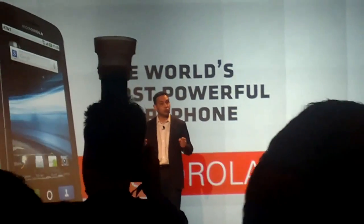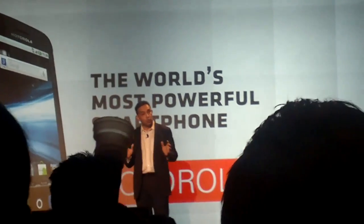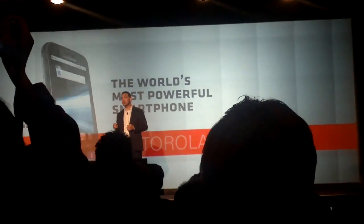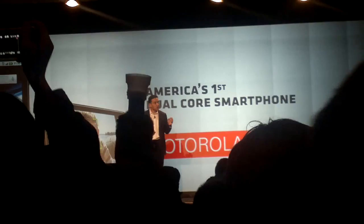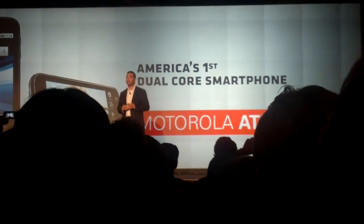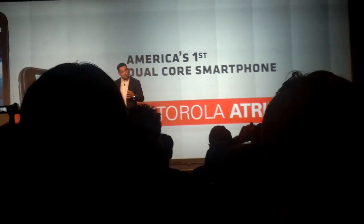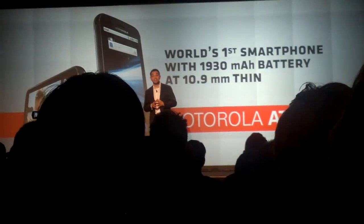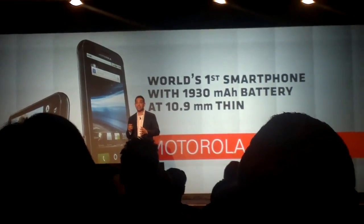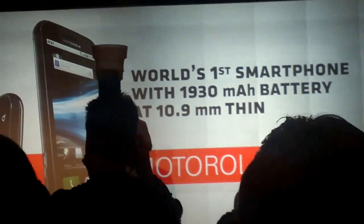Therefore, to introduce Motorola Atrix 4G, the world's most powerful smartphone. It features a dual-core processor which comprises two 1 GHz cores, delivering up to 2 GHz of processing capability. It also features a 1930 milliamp hour battery, a 10.9 millimeter thick form factor, and 1 gigabyte of RAM, which